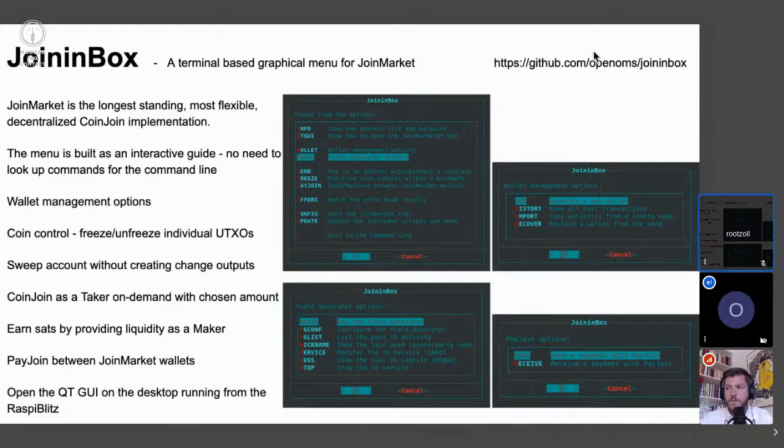So maybe a couple of words on what JoinMarket is. The two more popular CoinJoin implementations are obviously the Samurai Whirlpool and the Wasabi wallet. But actually JoinMarket is the longest standing and certainly most flexible and completely decentralized CoinJoin implementation. It doesn't even have a central coordinator, and the peers are communicating through various IRC servers through Tor. So it's a very interesting thing and can do a lot of things, and I try to expose most of it